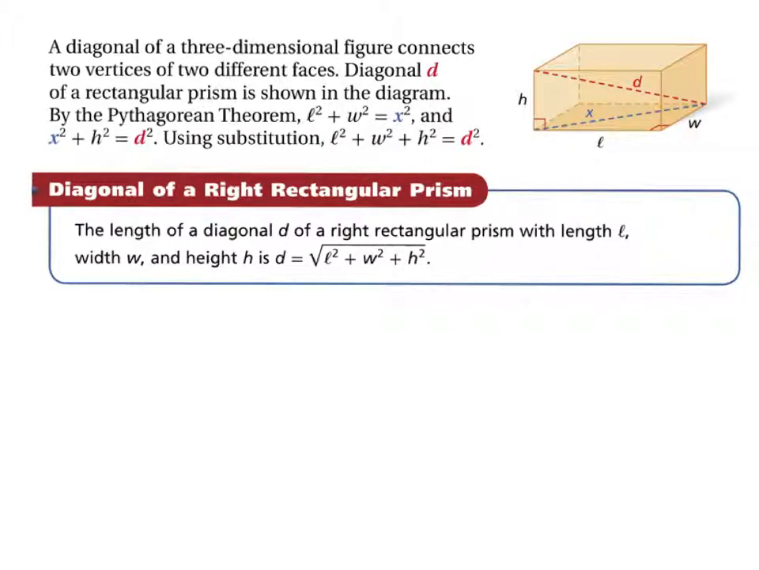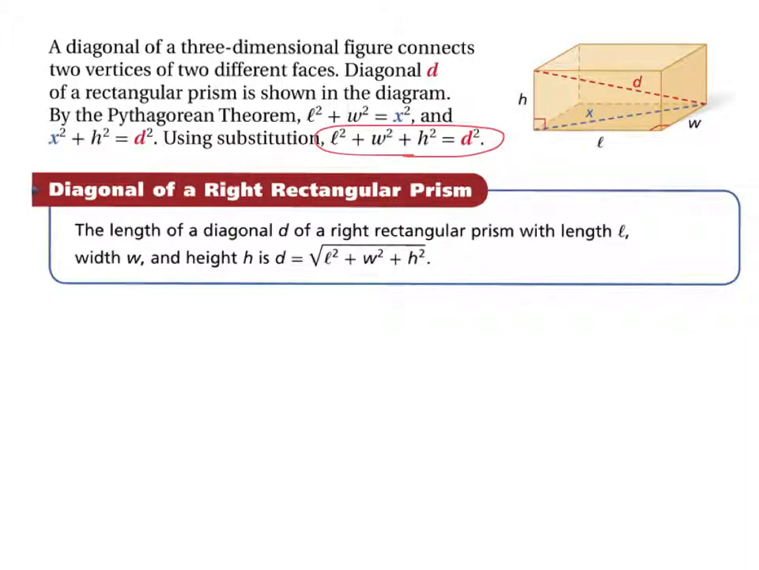you can use L squared plus W squared equals X squared, and then using X squared plus H squared equals D squared by substitution. So basically if you're looking at the bottom to find the diagonal, you can use the Pythagorean Theorem to find X, which is the hypotenuse, and then once you find the hypotenuse, you're going to use that as a leg to find the diagonal, which is the hypotenuse of the vertical triangle. So by substitution, we have a shortened